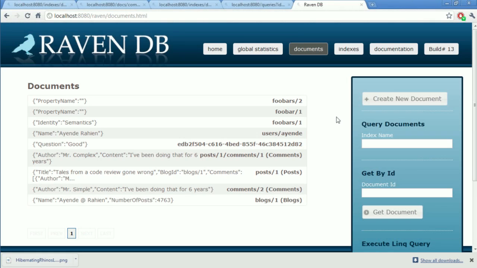In many cases, I don't actually care about the specific document ID, but I do care for it to be human readable. In those cases, I would usually use HiLo, and in some cases I will use identity. The main advantage here is that even if I have a relatively large number, numbers are very, very easy to read and work with. I can deal with them very nicely. And that is it for naming IDs.